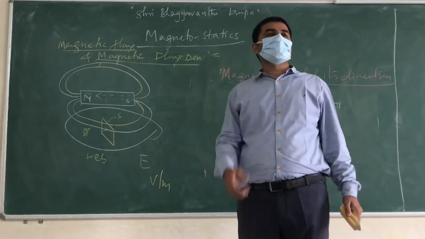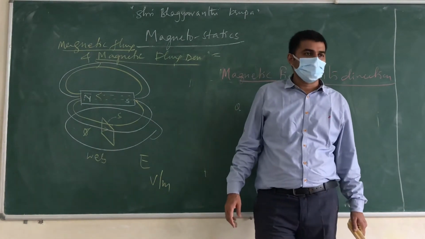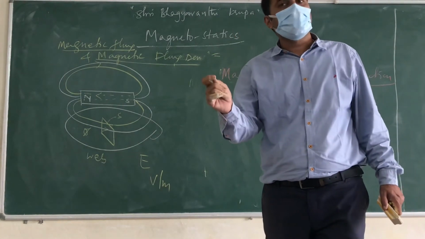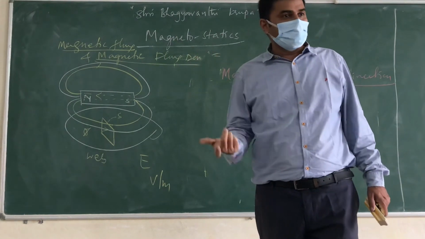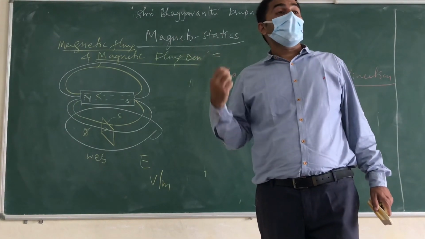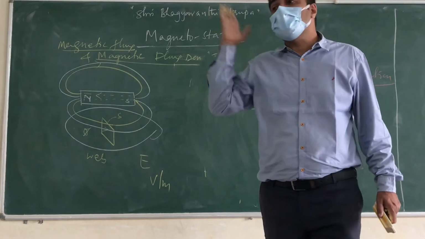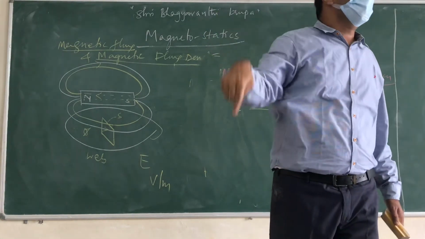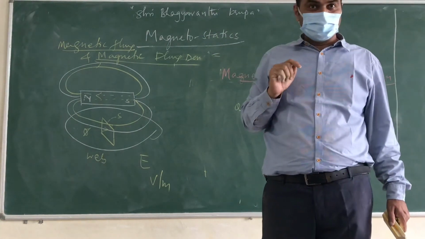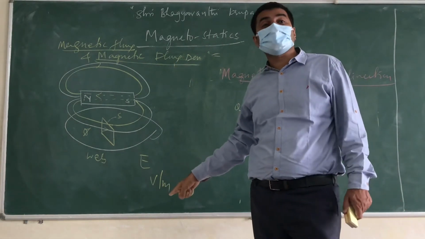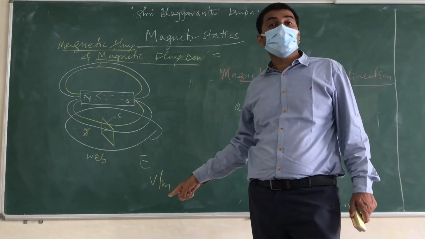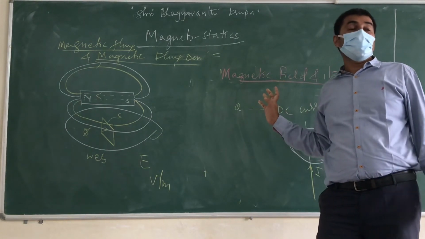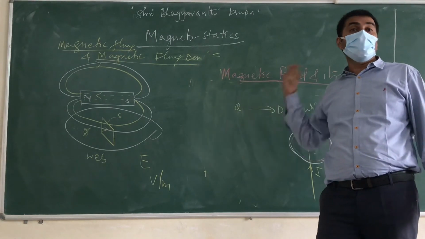Now, with this basic, shall we enter into Biot-Savart's law? Just, what is magnetic field intensity? It measures the strength of magnetic field. It is defined as the magnetic force experienced by a unit north pole. There we defined electric force per unit charge, the electric field. And magnetic flux density, how do we define? Total number of flux lines passing through unit area such that the area is held normal to the flow of flux.